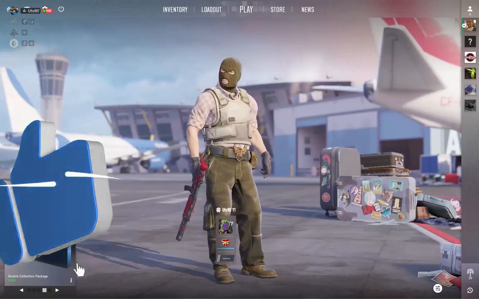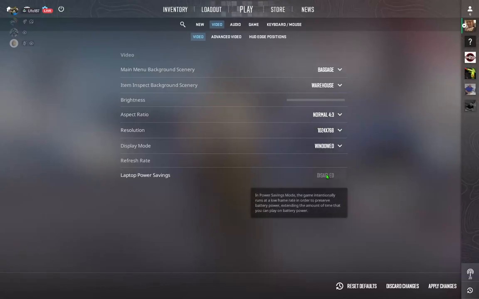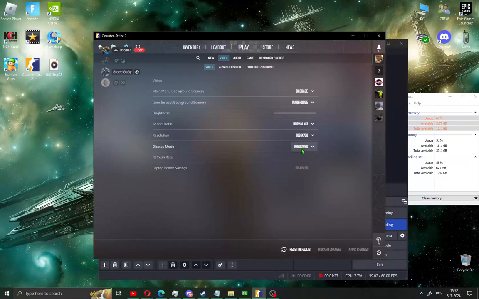Open your CS2, click this gear and go to video settings. Go here to aspect ratio and you will see widescreen 16:10. Click this and change it to normal 4:3. Also scroll down to resolution, click this and choose this like me. And go here, apply. Make sure your display mode is not windowed, just set it to full screen and go